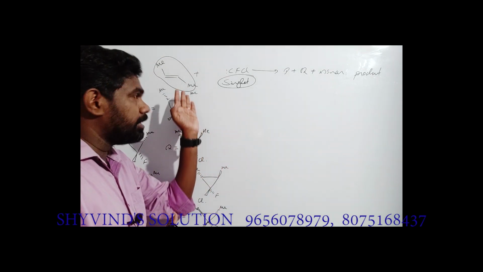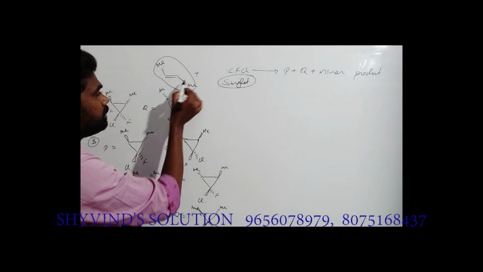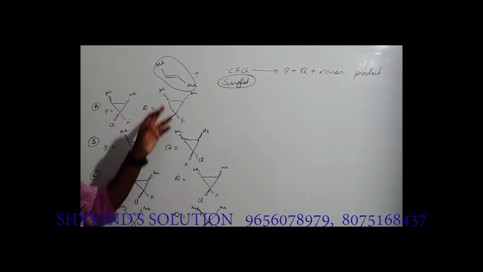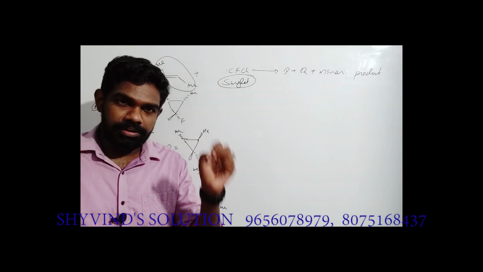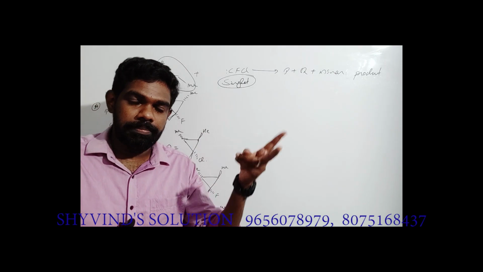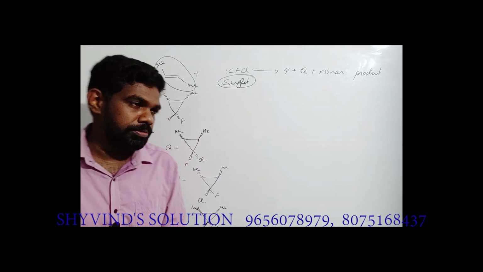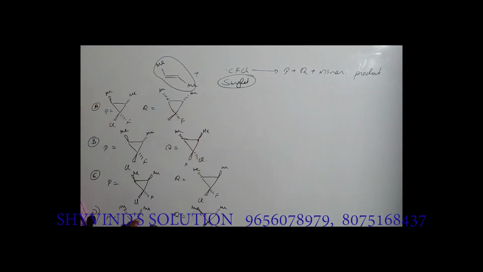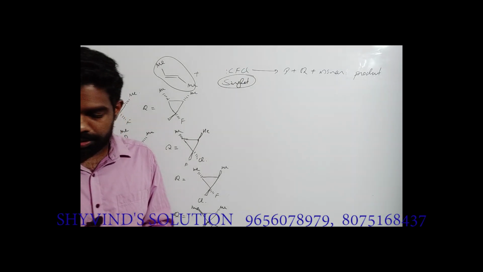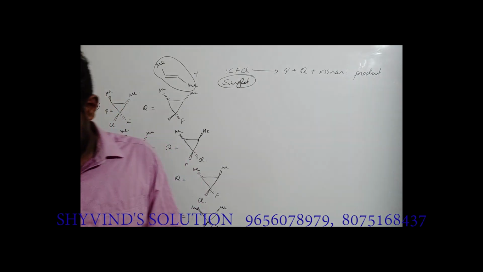So, okay, what is the stereochemistry of the alkene? The Me groups are trans here. So the stereochemistry of this one will be retained if it's a singlet carbene. If it's a triplet carbene, we'll get a racemic mixture. Okay, so that is the idea about stereochemistry. By this idea, you can eliminate two options. You can see it here. In this option and this option, both Me are cis to each other, so it will not give you the product. Now let's think about A and B. Okay, so A and B may be correct.